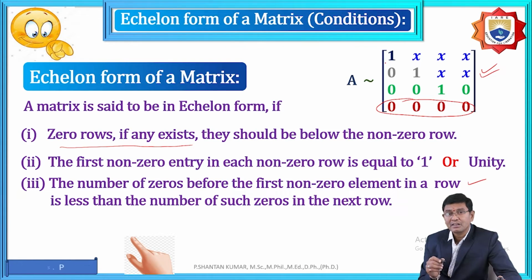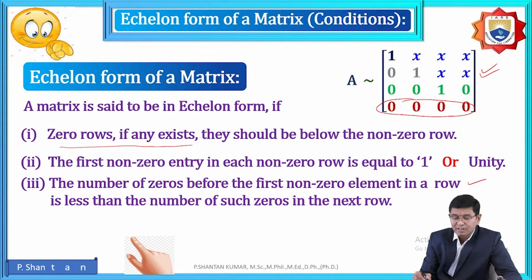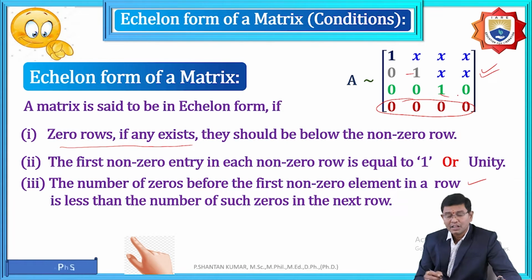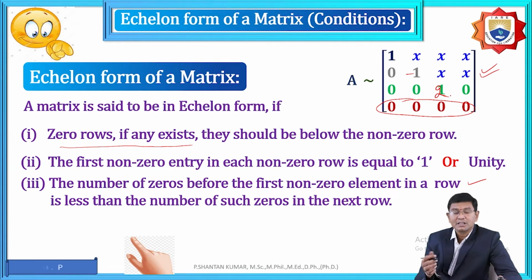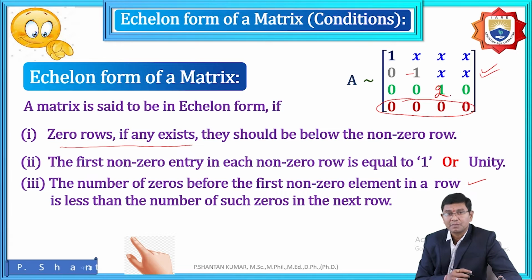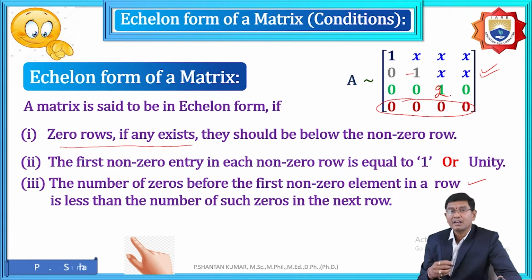Due to that reason, the three rows are called non-zero rows. The first non-zero number should be any one, like 1 or unity. That means it may be 1, or -1, or 2, whatever it may be. That is the meaning of a non-zero number; it should be satisfied. But here I treat it as 1 for our understanding purpose. That is the meaning of the non-zero number: the first non-zero element should be either 1 or any non-zero number,